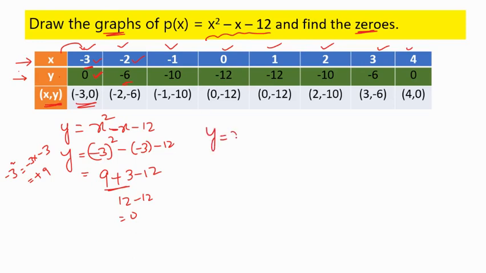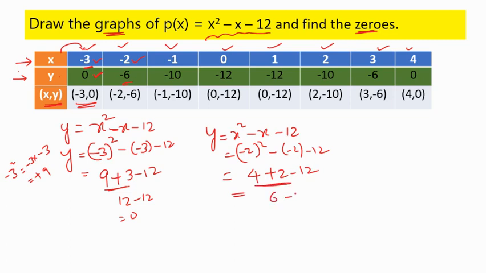When x is equal to minus 2, we replace in the given quadratic polynomial. It will become minus 2 square minus of minus 2 minus 12. Minus 2 square value is plus 4. Minus of minus 2 is plus 2, minus 12. 4 plus 2 is 6. 6 minus 12 will become minus 6, because 6 symbol is plus, 12 symbol is minus. One positive, one negative, we have to subtract. 12 minus 6 is 6, and the bigger number's symbol out of 6 and 12 is 12, and the symbol is minus. So minus 6 is the value. When x is minus 2, y value will become minus 6 and the point becomes minus 2 comma minus 6.